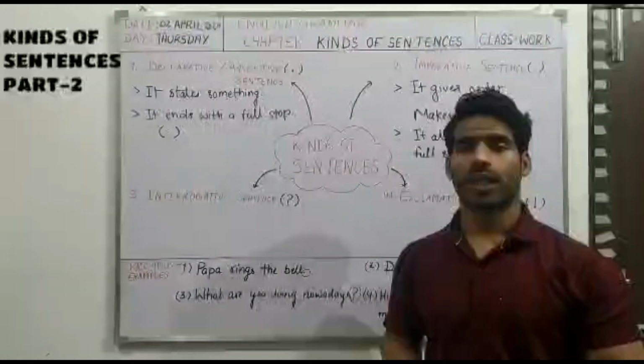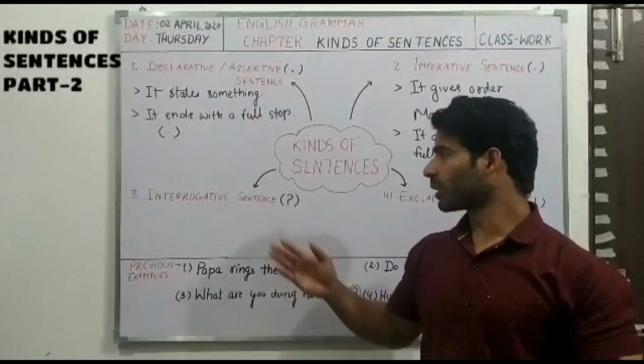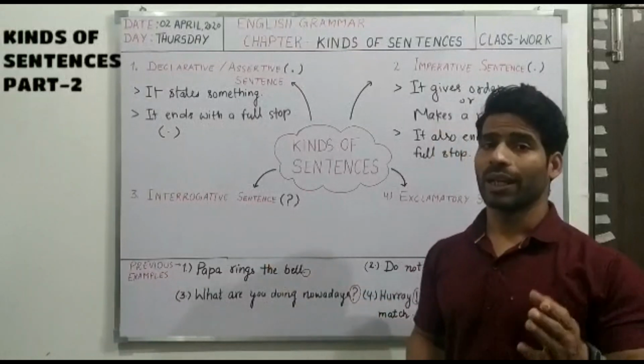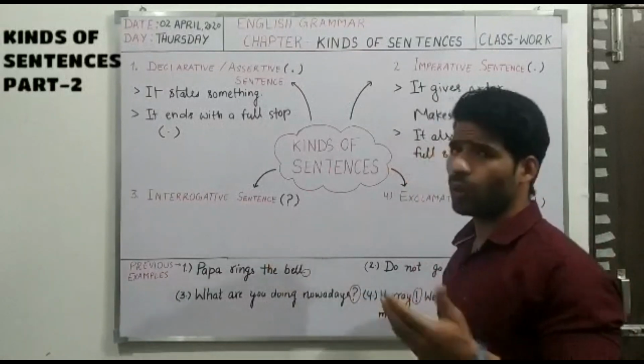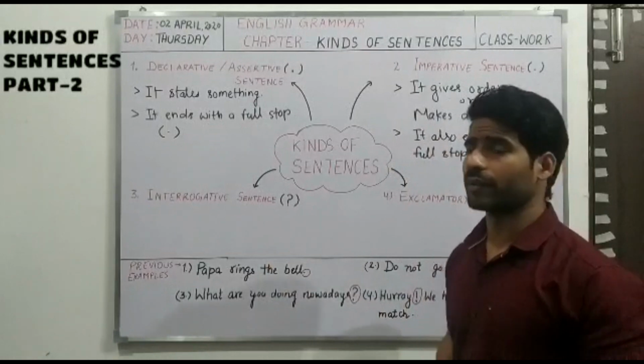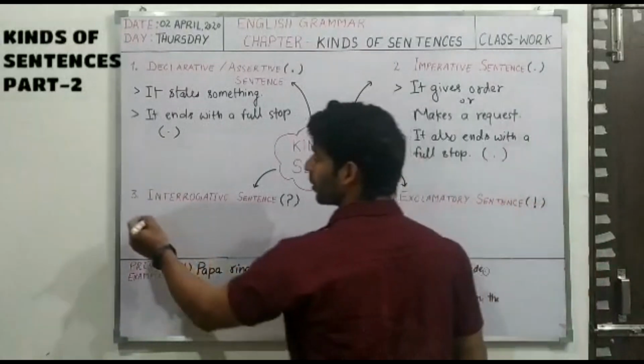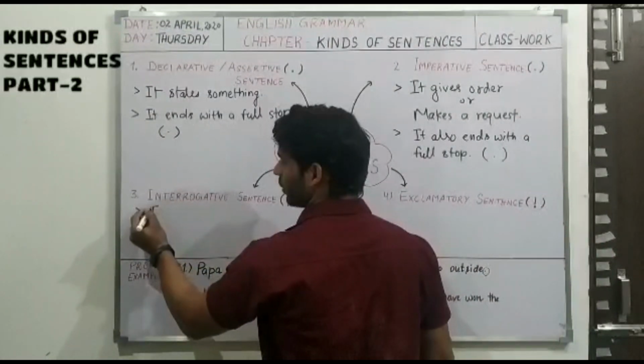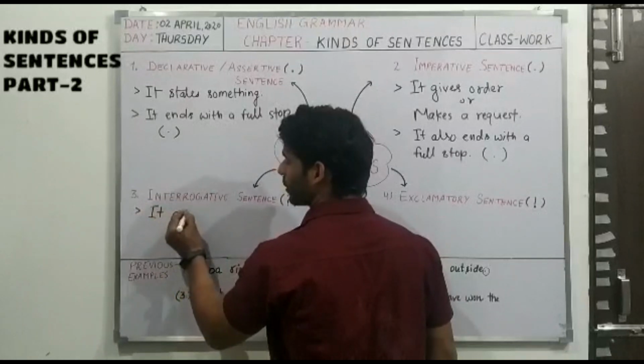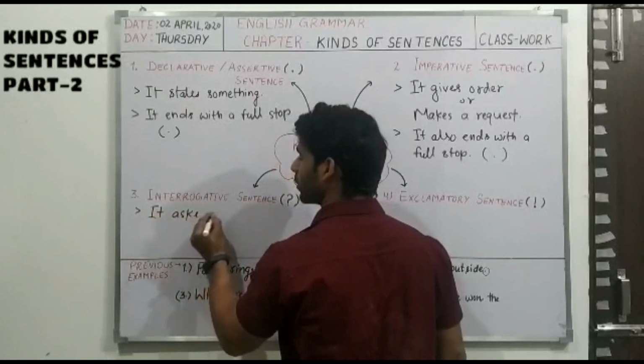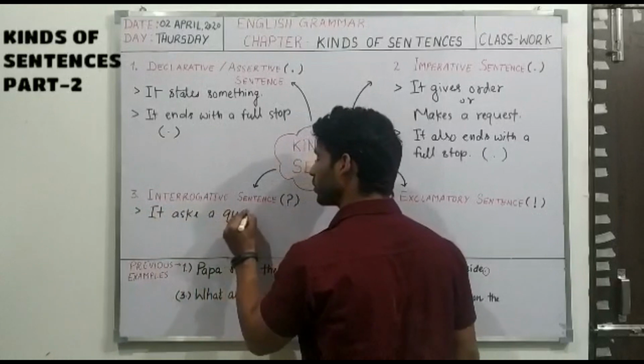I guess now it's clear what difference they hold actually. Now let's move on to the third type of sentence, which is interrogative sentence. So how can you identify an interrogative sentence? It's very easy. It asks a question,